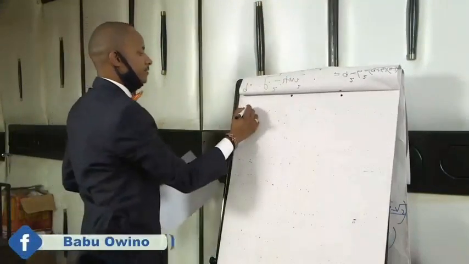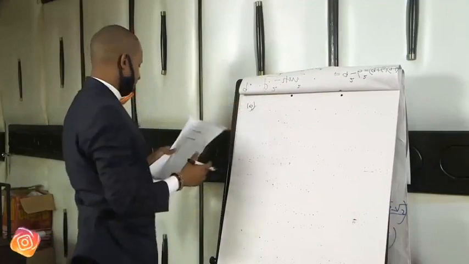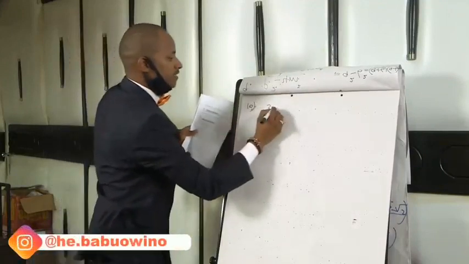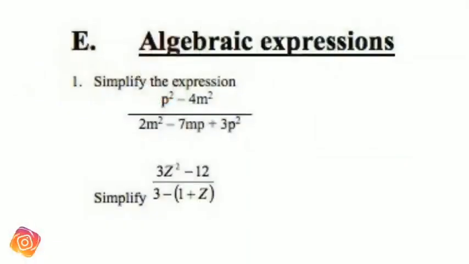Question 10. 3z squared minus 12 divided by 3 minus 1 plus z. So remember, I told you, you observe the difference of 2 squares. Simplify. So here we can see 3z squared